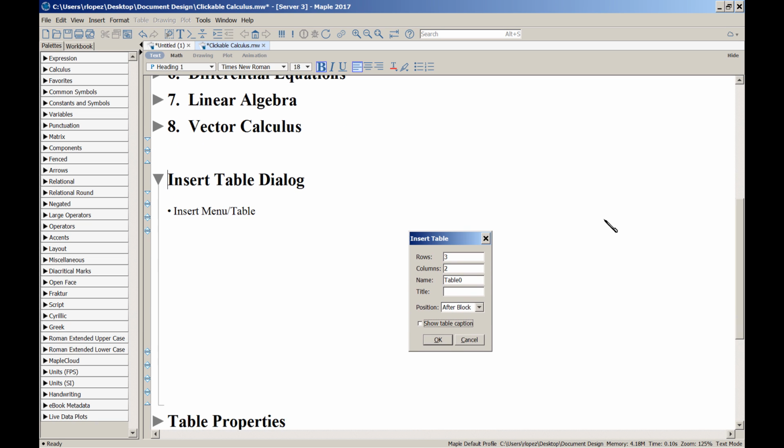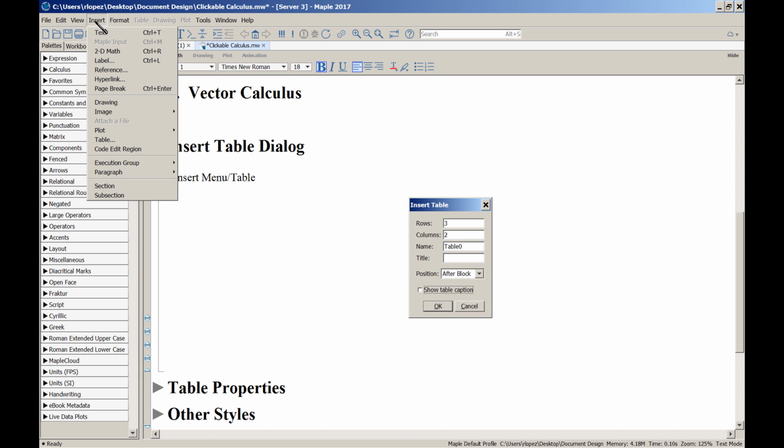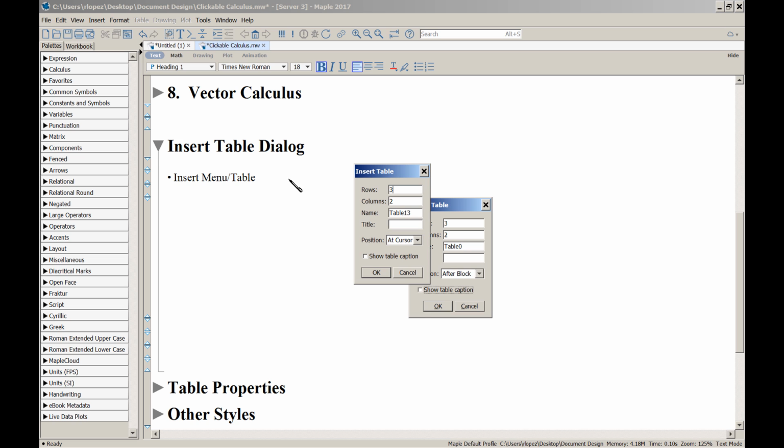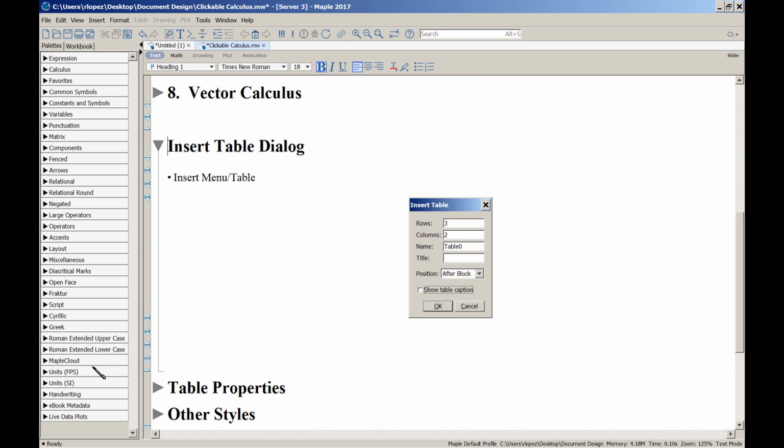So how do you insert a table? It's the Insert menu, Table. This is the Insert Table dialog, and I have a screen capture of it here so you can see what it looks like. The default number of rows is 3, the default number of columns is 2. So I'm going to put that in. I'll put it in here. Insert